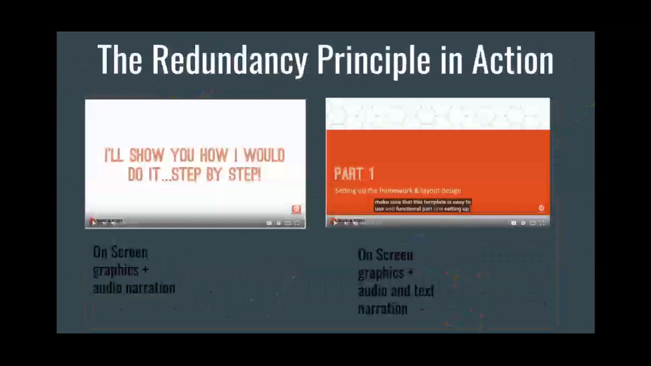An example of respecting the redundancy principle is creating tutorials for your students. In the first example, you see graphics that are narrated with appropriate audio. The optional closed captioning would provide those with hearing impairments access to the narration through text if needed without overloading